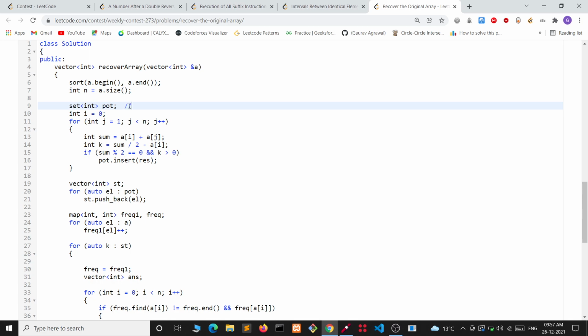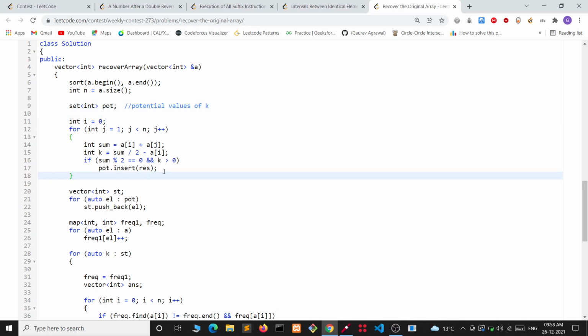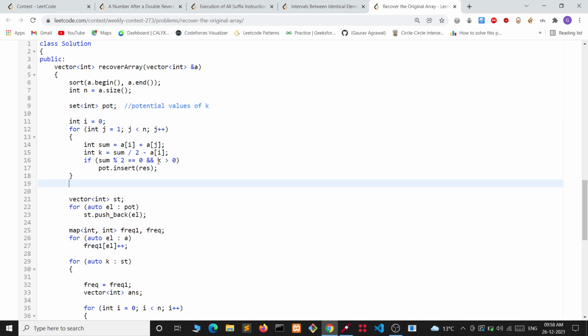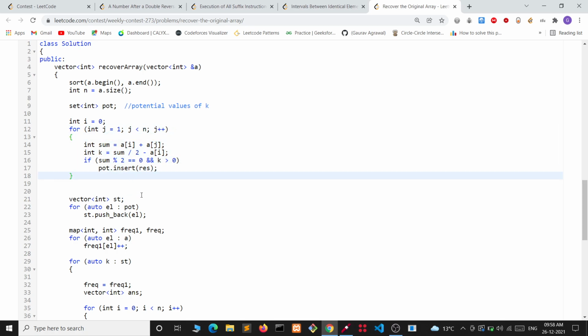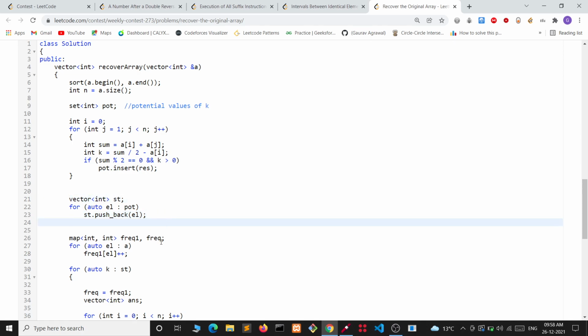This is storing potential values of K. So we are storing all the potential values of K. We can see that there can be at most n potential values of K. After that, we take all these values in an integer vector st.